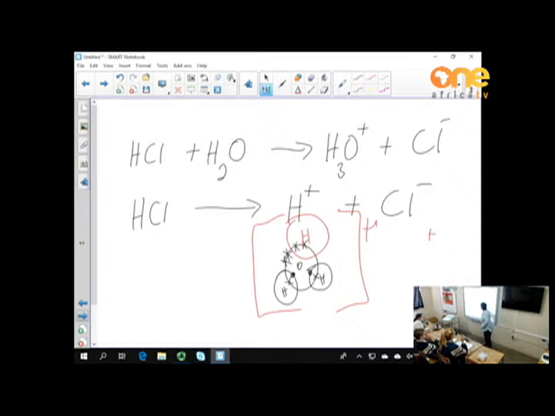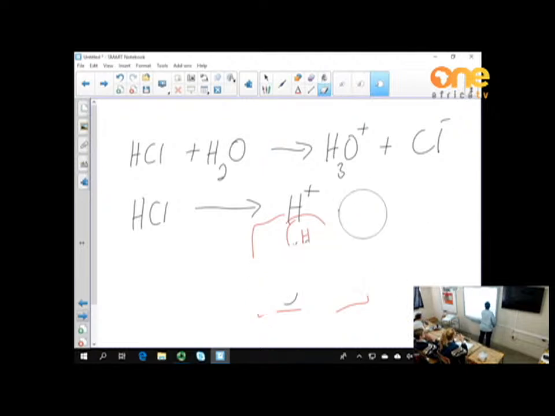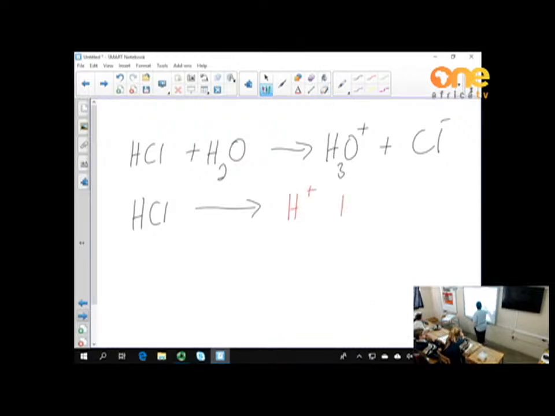It is this hydrogen ion. Okay. So normally when we write acids, we don't write them like that. I can, it just makes it more complicated. All right? We usually write them like this. So, we then know that when we add an acid to water, it will ionize, which means it breaks up